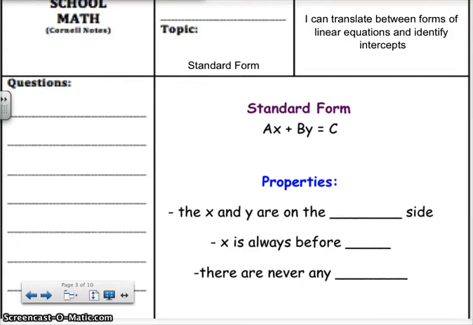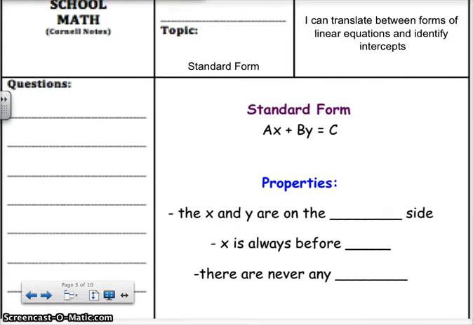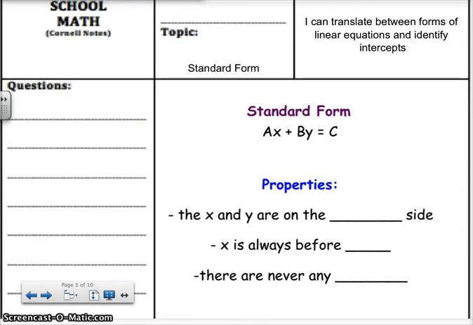Today we're going to extend our knowledge from slope-intercept form into standard form. Standard form is what we do when we have to get y alone. Typically, when we have to get y alone, it's already written in what's called standard form. Okay? There's three ways to write a linear equation. You have slope-intercept, standard, and point slope. Point slope you'll learn more about in 8th grade, but I thought I would explore standard with you here in